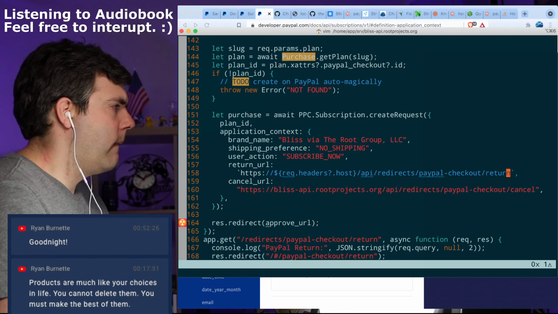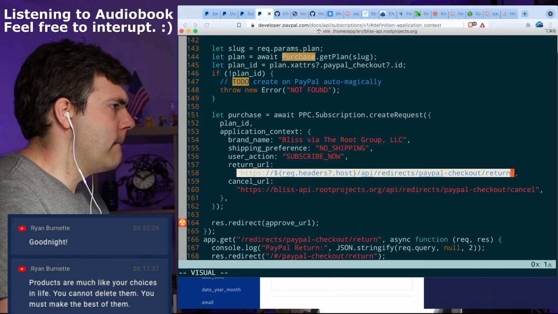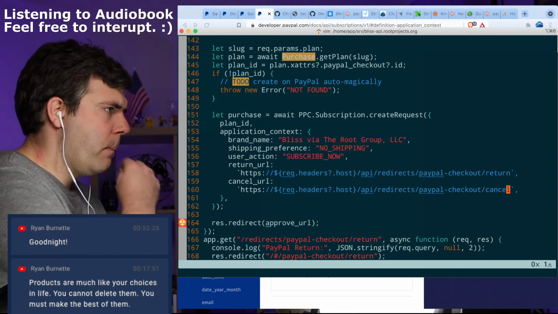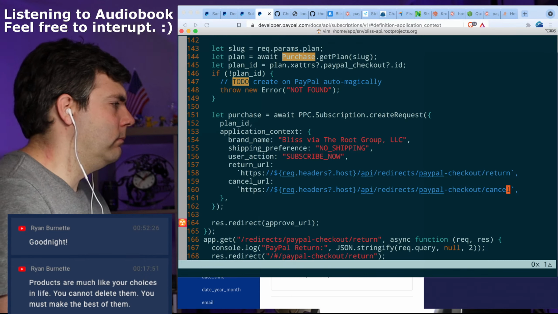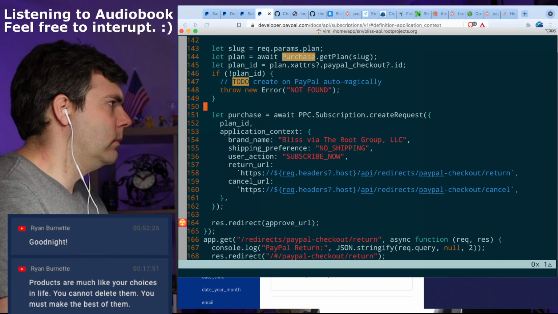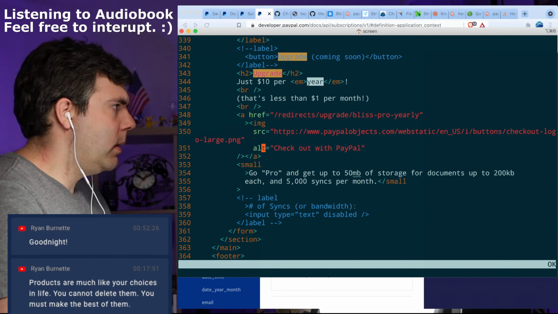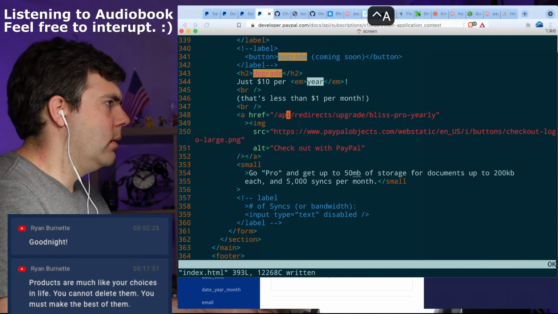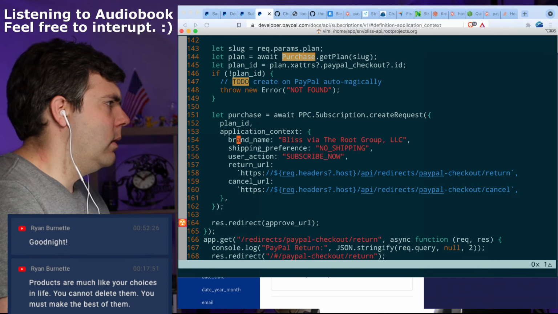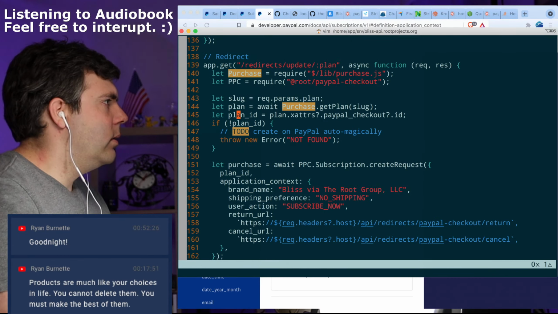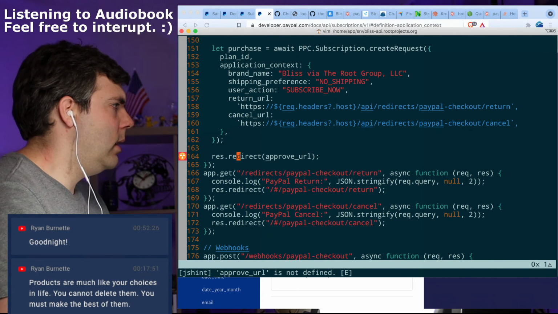There we go. Let me make sure I got this right. /API/redirects/upgrade. Okay, /API/redirects/upgrade/plan name.